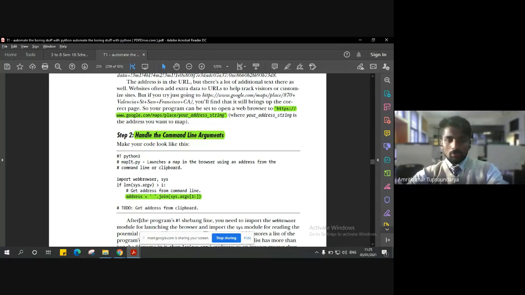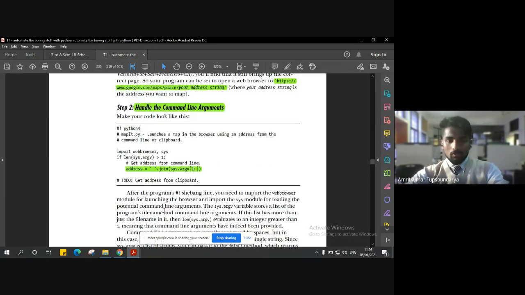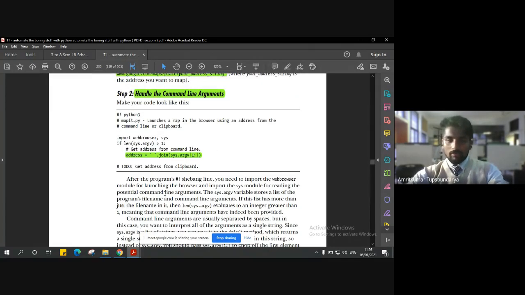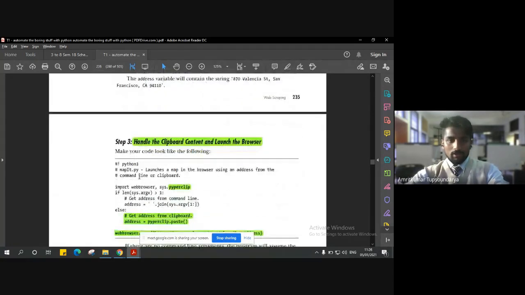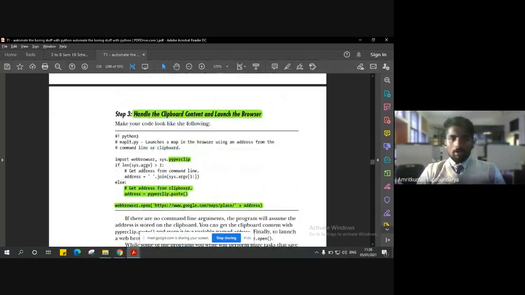Whatever you copy will be stored in the inbuilt clipboard, which can be used anywhere you want. Let me demonstrate how to handle the clipboard content, and then we will see how to launch the browser.